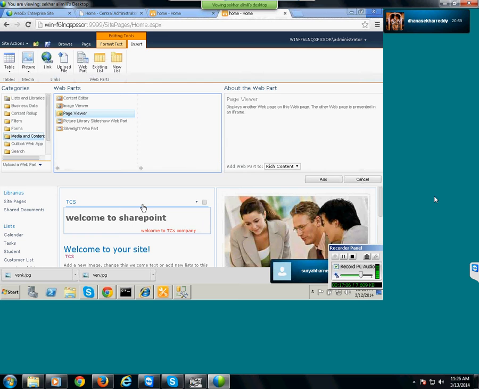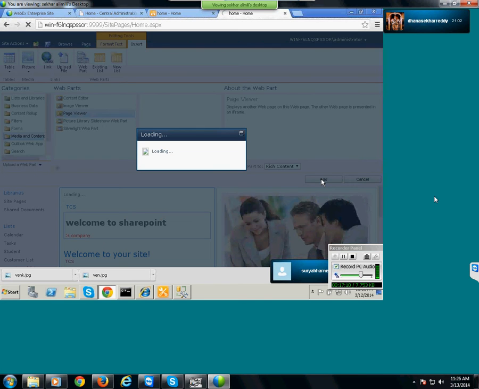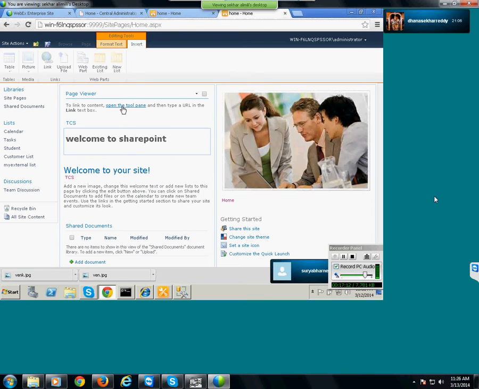See, click on Edit, click on Open the tool pane. Edit web part.